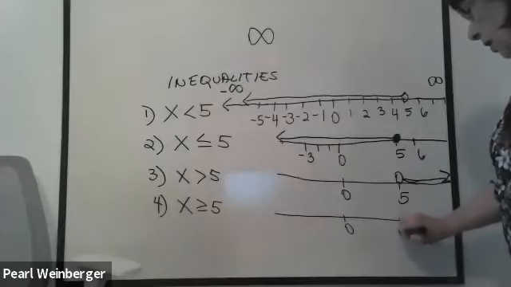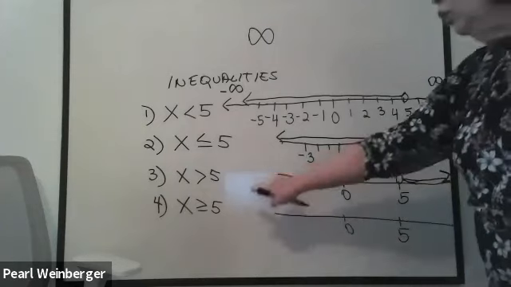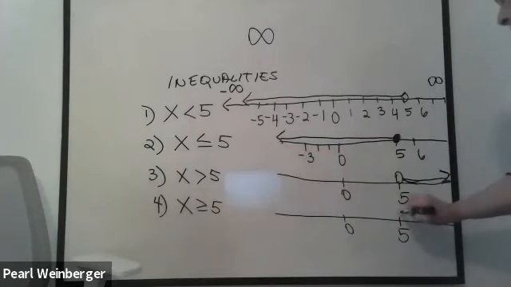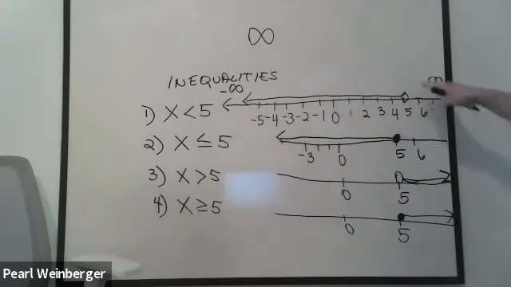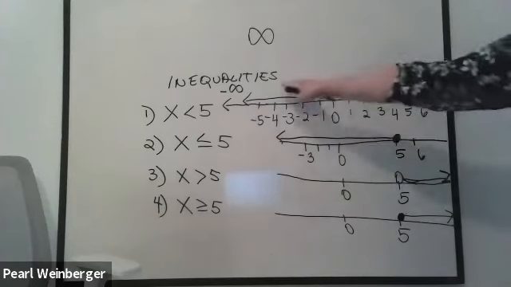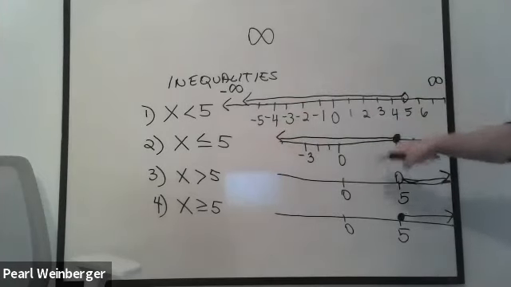Yes. Okay, so the last one, we have x greater than or equal to 5. In this case, we make a filled-in circle at 5 because the 5 is included, and my arrow goes to the right, because that's what this looks like, an arrow pointing to the right. So these are the 4 different inequalities and the way they could come out on the number line.